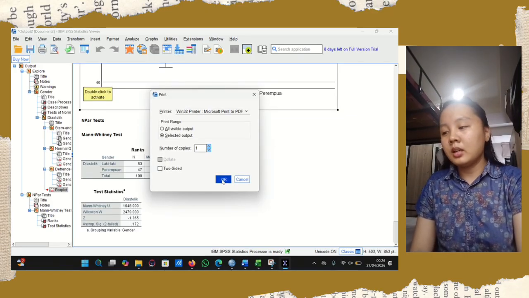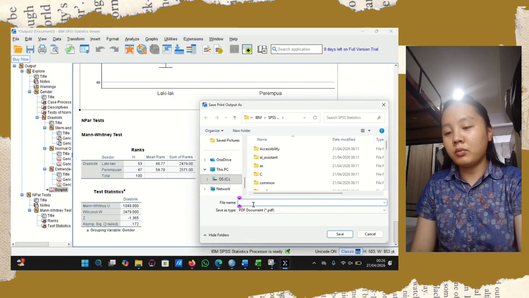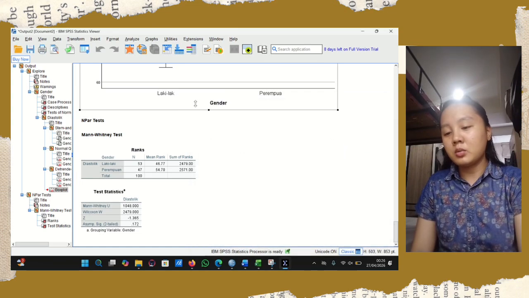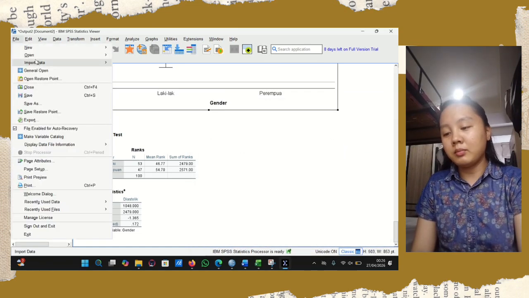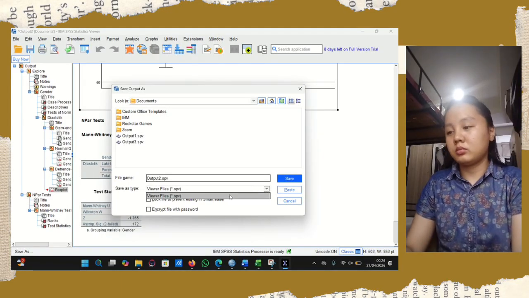We can see the result: U is 104.000, the Z result is -1.385, and the p-value is 0.172, and this is the result.